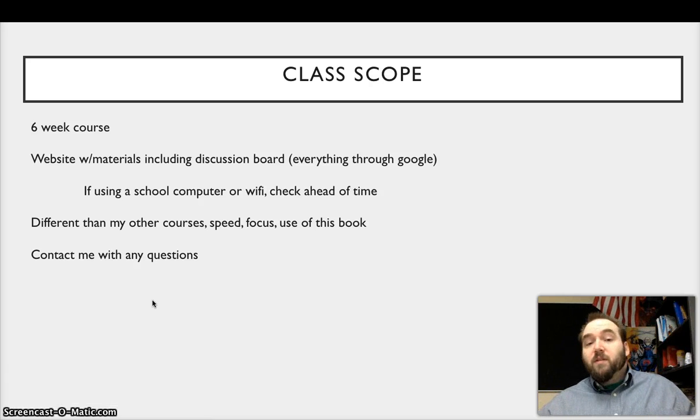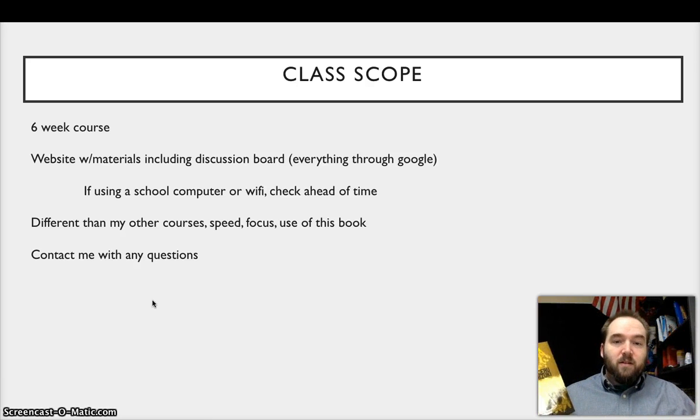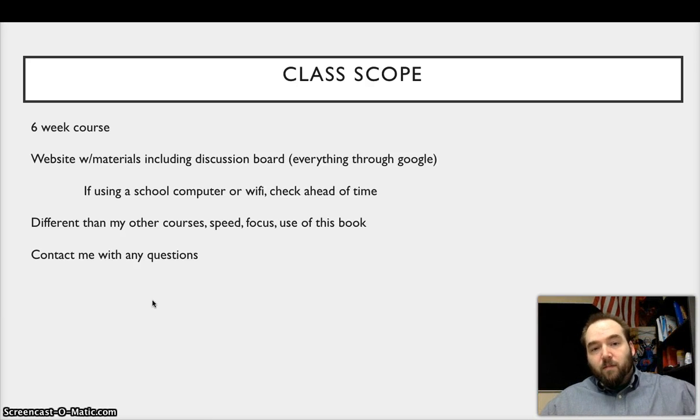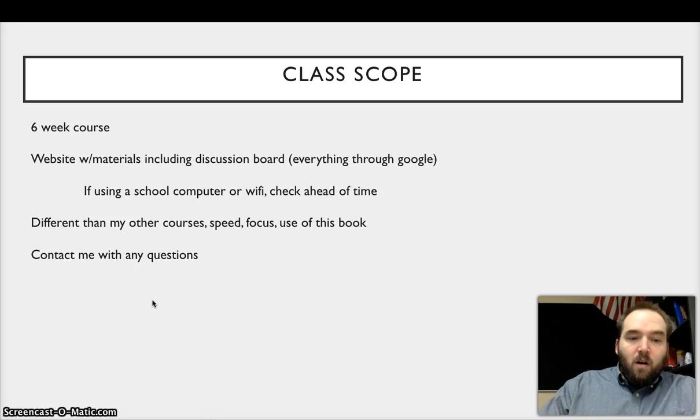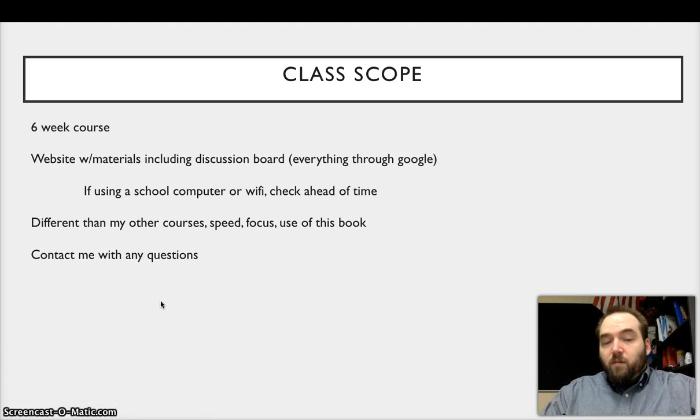This course is a little different than some of my other courses. In the past I've focused on a particular book or author, whereas this time it's on a theme. While this will be our primary text, there are going to be a lot of supplementary texts, and we're going to be jumping all around. We'll look at the Cold War, at things going on right now, at stuff from before the 1900s, as well as World War II. Obviously the biggest chunk will be World War II, since a lot of classes focus on that more than, say, the Korean conflict. If you ever have any questions, feel free to contact me.